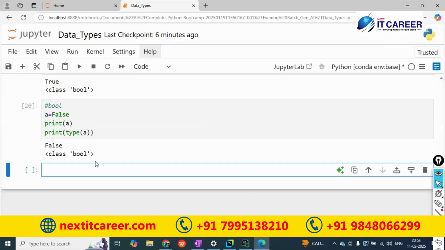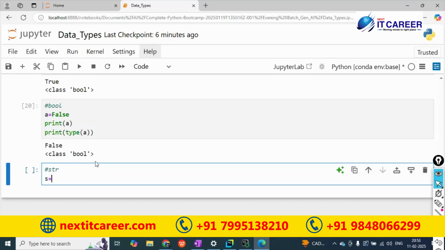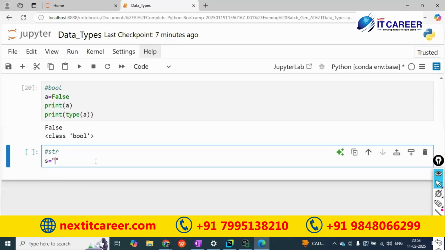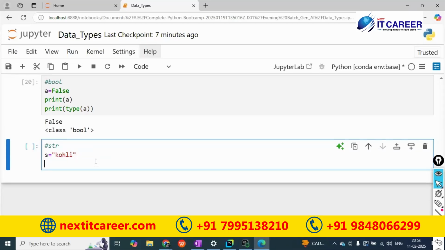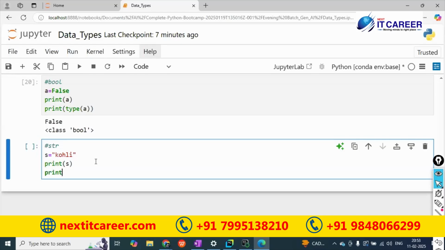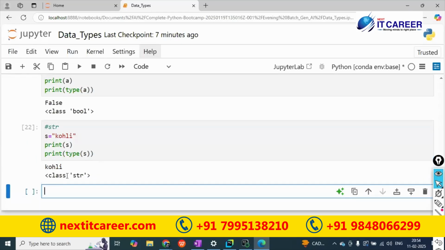As of now, let us discuss the str type. s is equal to, for example, a group of characters, like King Kohli. If I print s and print the type of s and execute this, I will get str.